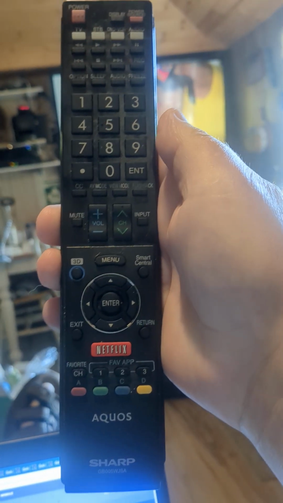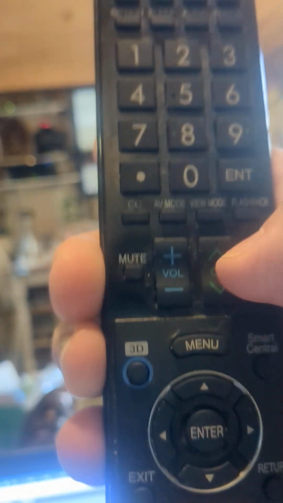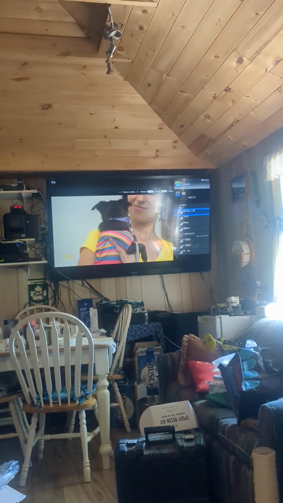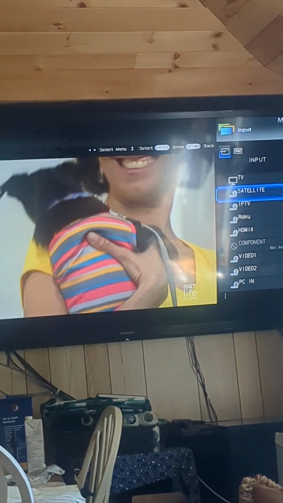This big black one runs the TV, but if you look closely, you'll see a button that's called input. When you click input, you'll notice, I'll have to make this bigger. You will notice up here satellite dish, and you'll see IPTV. If you click it down to IPTV,